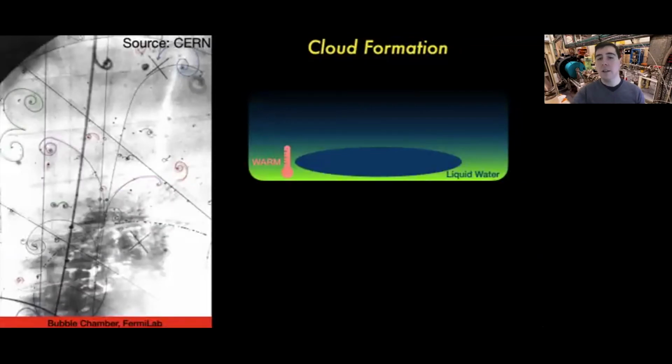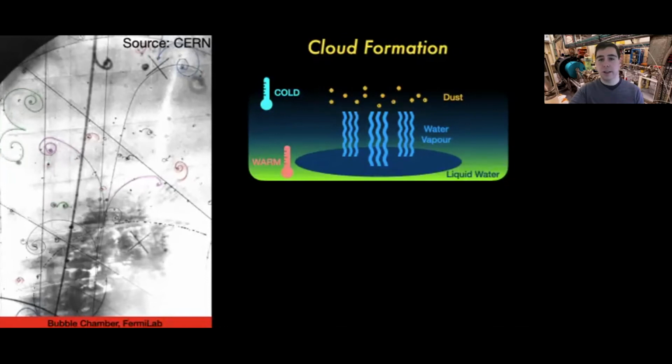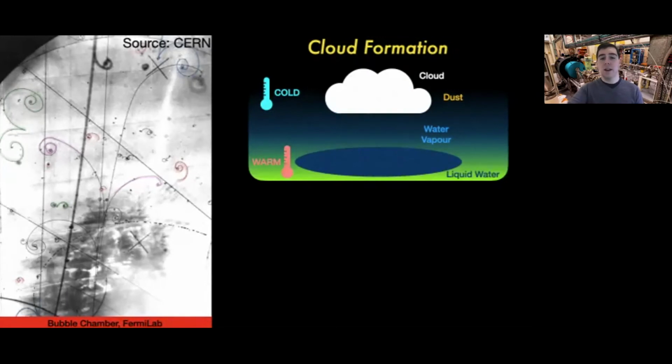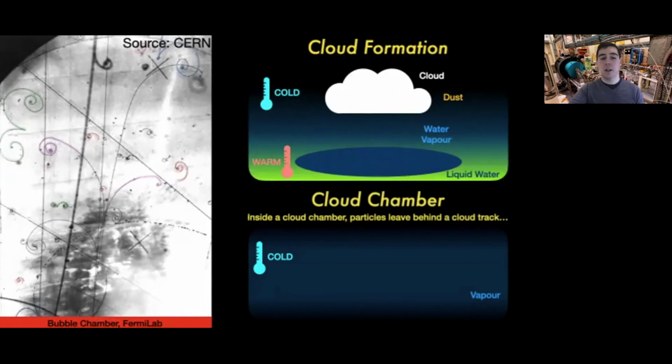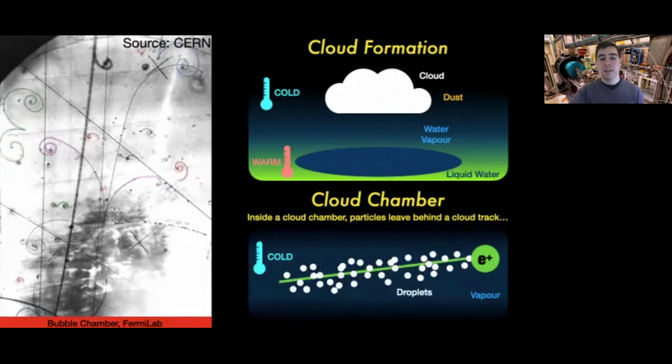So firstly, how do clouds actually form? Liquid water is heated by the sun and evaporates into a vapor that rises into the sky. And as it becomes colder, dust in the sky can create instabilities that cause droplets to form. And these droplets collectively produce a cloud. So in the laboratory, we can use cloud chambers, and they are filled with a special vapor. And when a charged particle like a positron travels through the vapor, it creates instabilities just like the dust, just like the aeroplane, which cause droplets to form. This leaves a nice track showing the path of the positron.